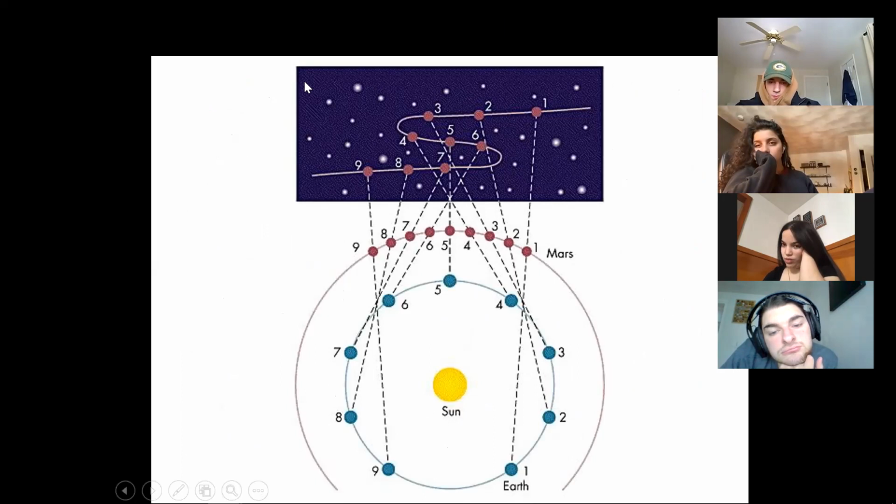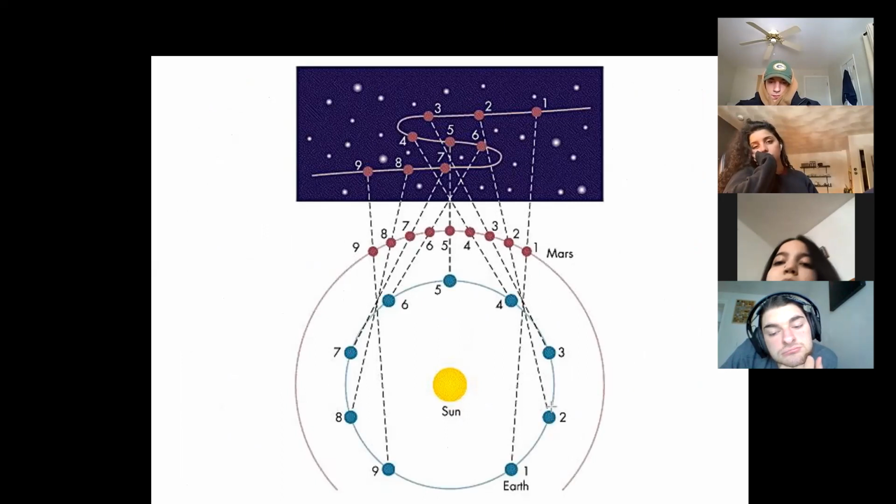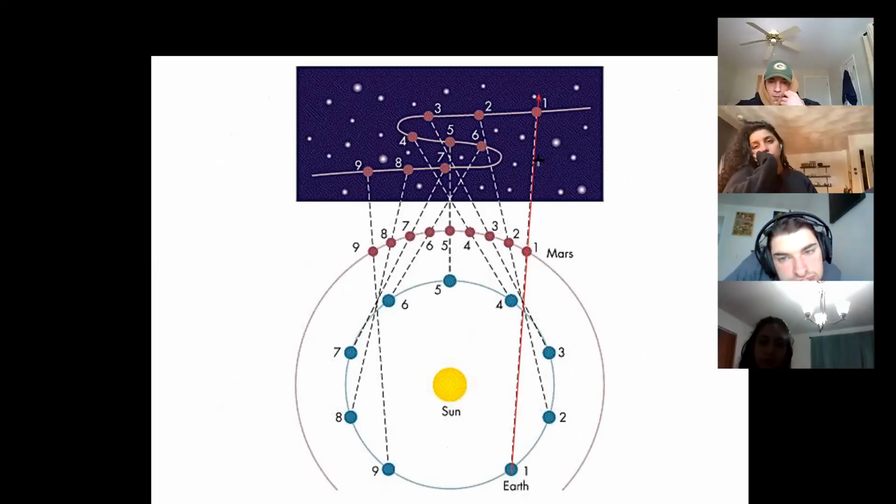So let's take a look at this diagram and see what's up. The blue dot obviously represents Earth moving around the sun. The red dot represents Mars. In configurations 1, 2, and 3, both Earth and Mars are moving eastward along the ecliptic and traveling around the sun. The Earth, of course, is on an inside track, so it's going to move faster than Mars. And as it catches up to Mars, we can see Mars drifting to the left, which is eastward.